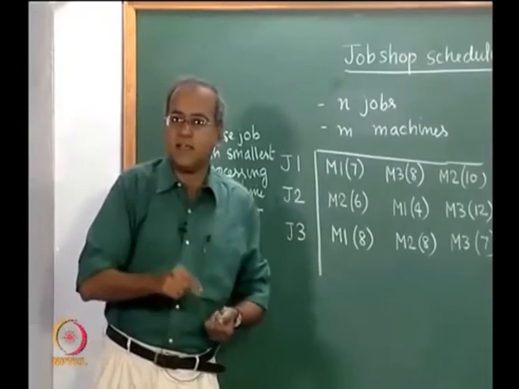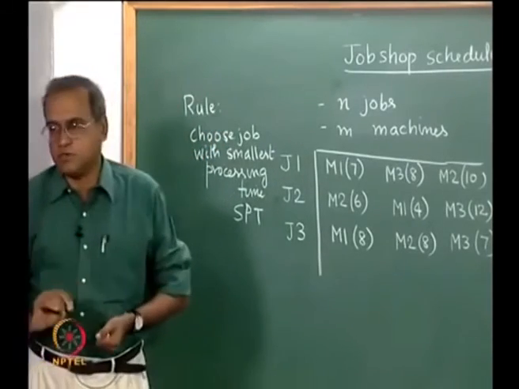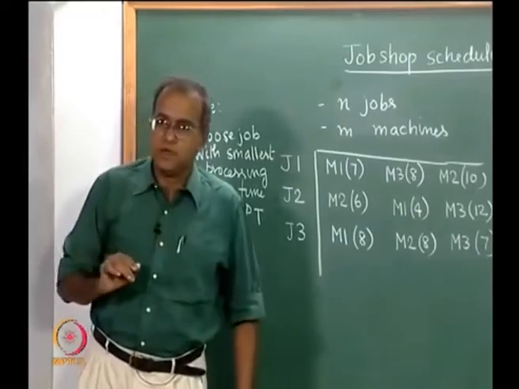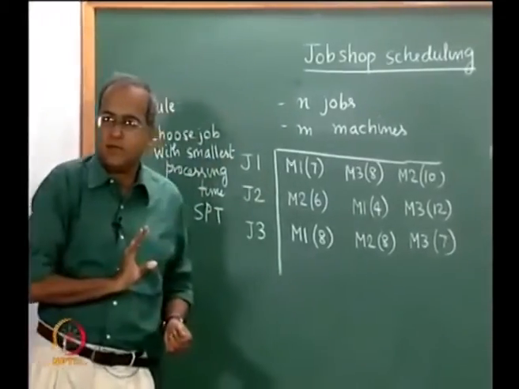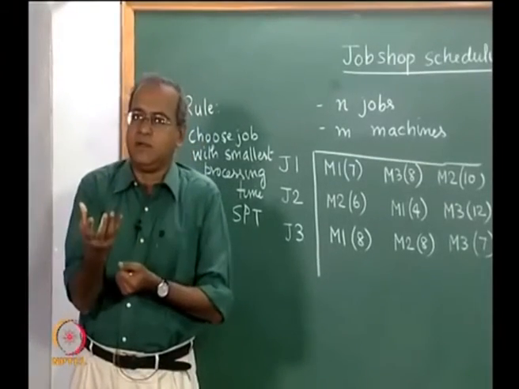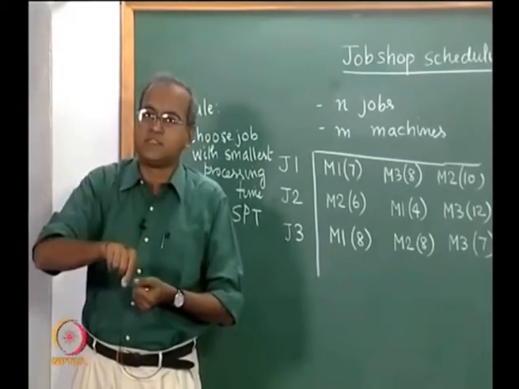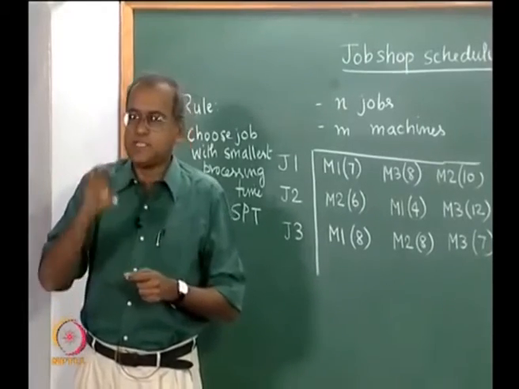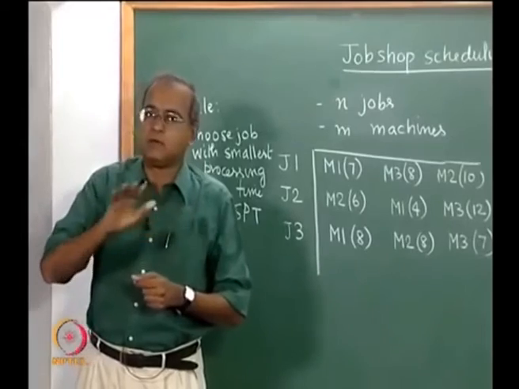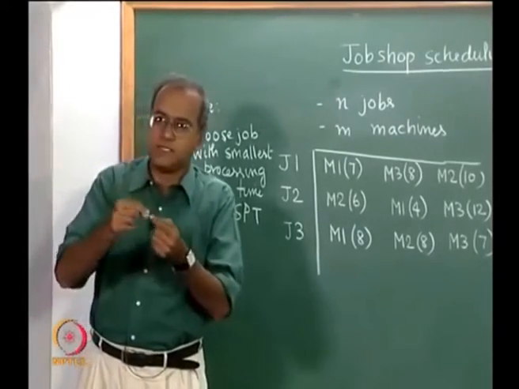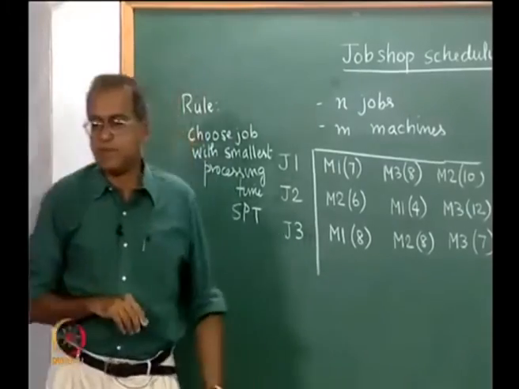So, if there is a tie, we need a tie breaking rule also, and we need to define a tie breaking rule. Now, right now there is no tie. The tie will happen when you apply your first rule, and after applying the first rule you still have more than one candidate, in which case we need to define a tie breaking rule and use the tie breaking rule to choose the jobs that are in the tie.